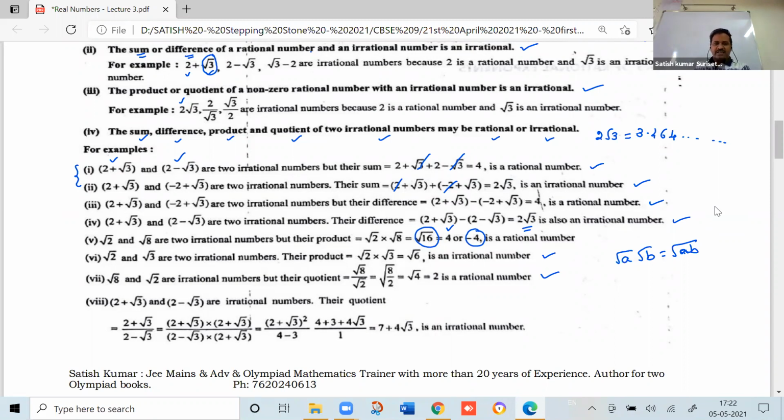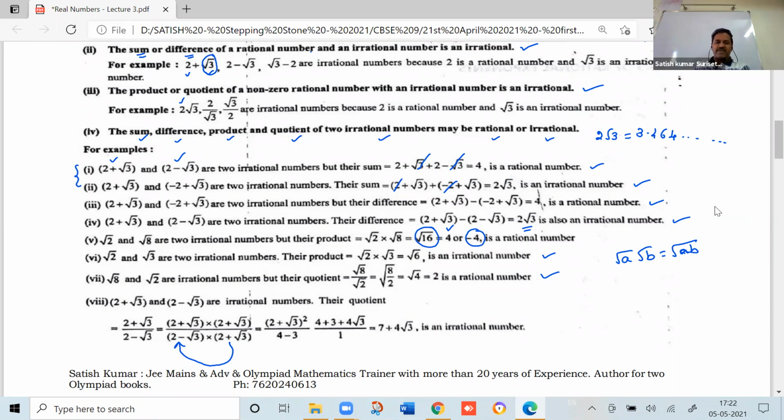Here we are multiplying numerator and denominator with another irrational number, 2 plus root 3. This 2 plus root 3 is called the conjugate of this number. We'll discuss it in detail later. We are multiplying such that the denominator is a rational number. Now which formula is applicable? The numerator is 2 plus root 3 into 2 plus root 3, both are the same, so it is 2 plus root 3 whole square. Whereas the denominator is in the form of a minus b into a plus b.